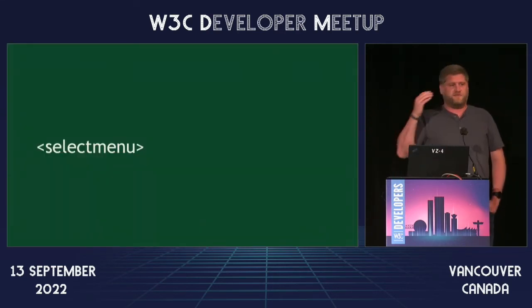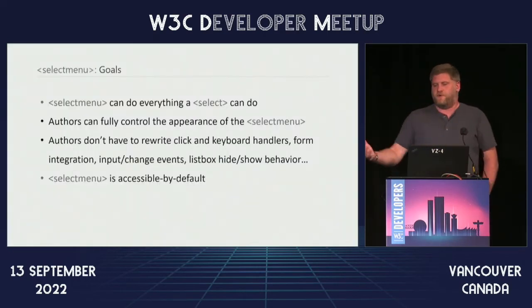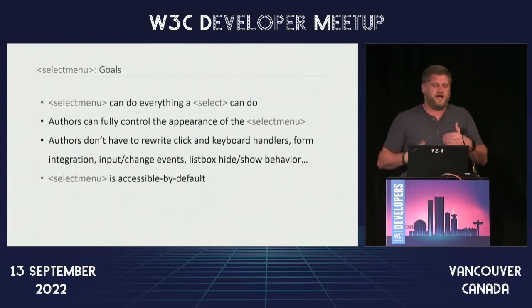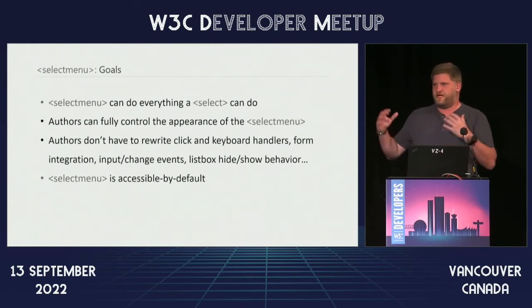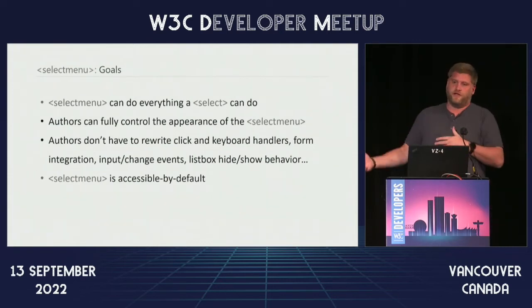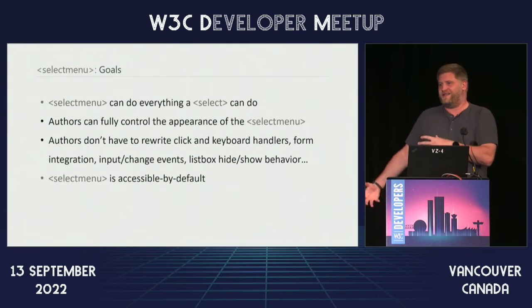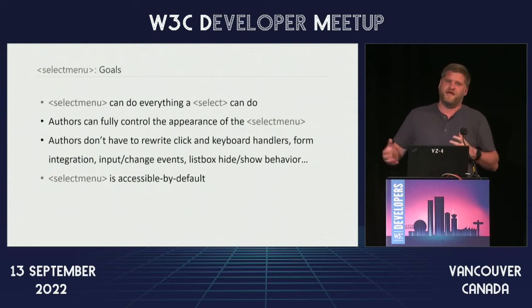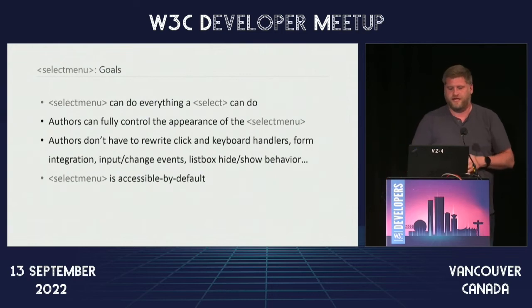So we wanted to start with select menu. Like I said, we could probably spend an hour literally on every single one of these topics. One of the key things we wanted with select menu is to make sure that when you're moving to this new element, select menu, it feels like select. It doesn't feel like a drastic departure, but it solves those problems we outlined earlier. A lot of things people unfortunately don't realize: everybody spends a bunch of time recreating these. Unfortunately, not all of them are performant, fully accessible, all those wonderful things. They don't necessarily put in the time and energy, or maybe don't have the expertise or users, to actually test that to ensure that's the case.